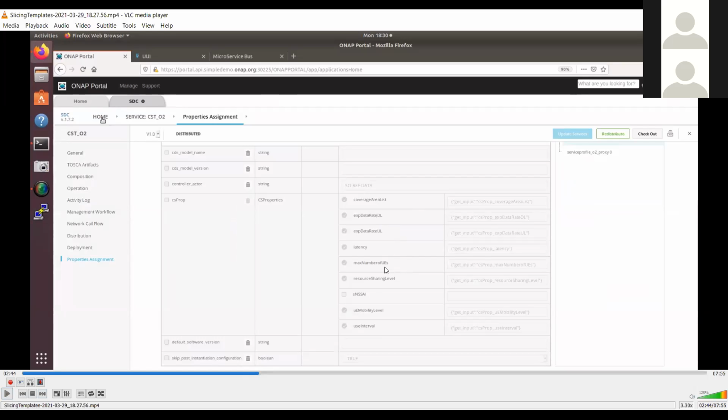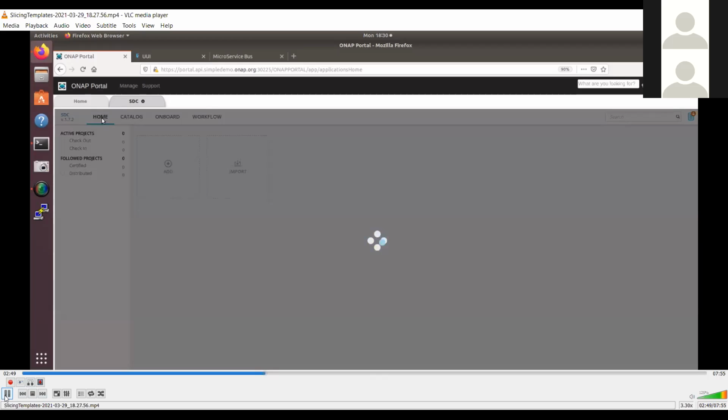UE stands for user equipment. Then the resource sharing level. NSSAI is an identifier used for identifying a particular slice, so you can think of it as a kind of slice ID. Then the mobility level and the user interval; these are all standard definitions as per the 3GPP standard.